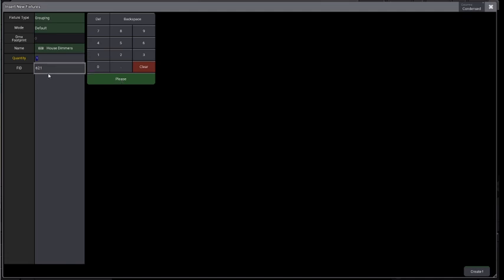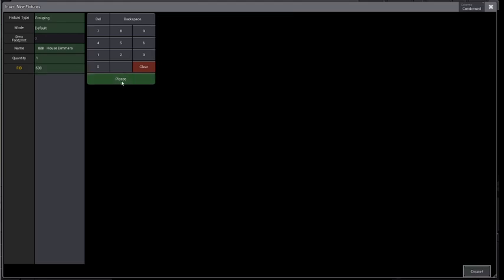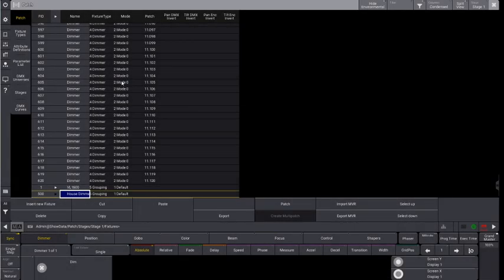And fixture ID, again, we can give it a number that makes life easy. So let's call it, I think my dimmers were 501 onwards, weren't they? Because there was something bizarre. So let's go 500 as an example of my previous thing that I was going on about. Hit please, and then create. Yeah, I was right. And there we have another grouping,